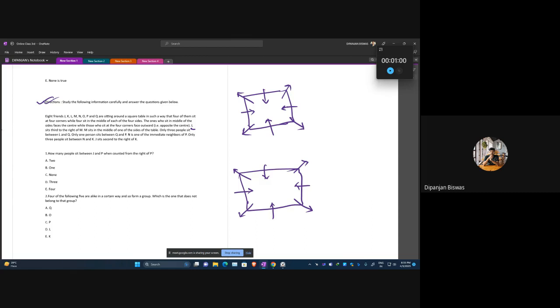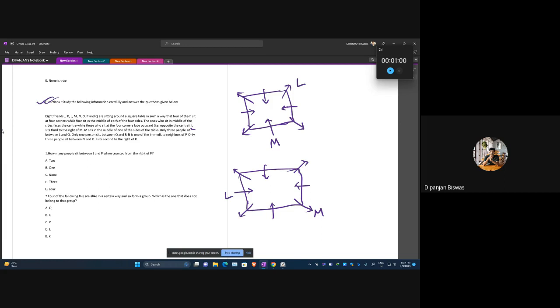Again, in this kind of complex problems, try to read at least 2 statements at once. Because if you read only one statement, you have to draw 2 possibilities for everything. If you only read the first statement, it is said L sits third to the right of M. So in the first statement, you can either take M sitting between the sides or M sitting at the corners. If we took M sitting at the sides, L is sitting third to the right of M, so L should be coming here. And if we took M sitting at the corners, M is facing outwards, L should be coming 1, 2,